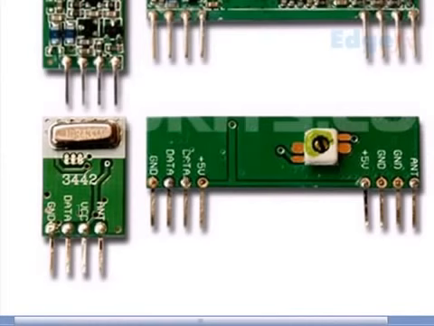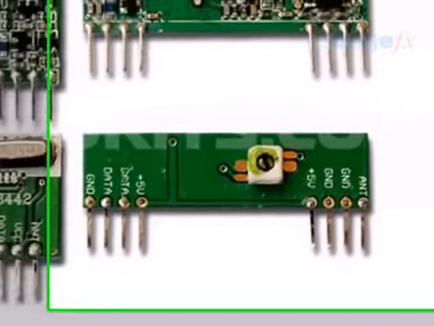So this is transmitting, receiving serial data from the HT12E, and this is receiving the serial data from the HT12D, and that is how